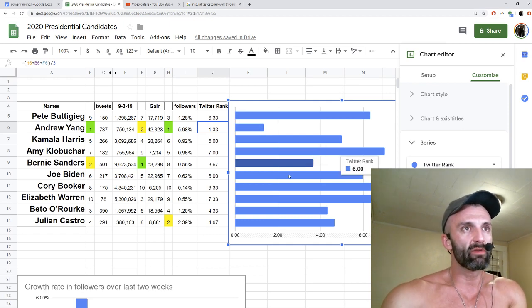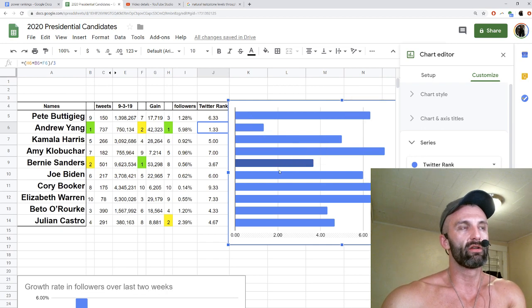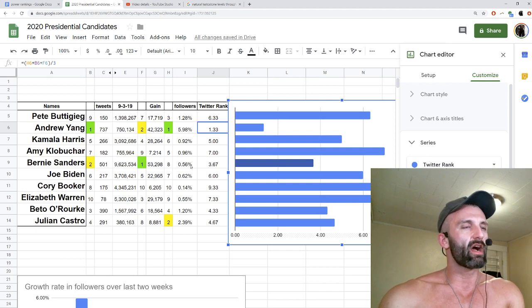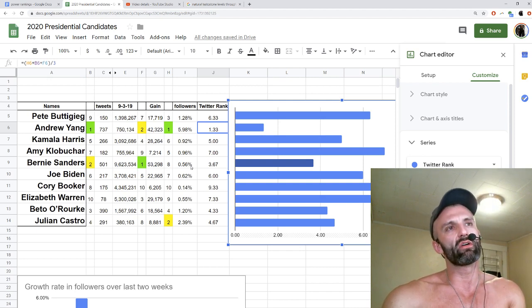But you see there's a big difference between these two. Even though Bernie Sanders comes in second in terms of total volume of output, in the total number of gains, he's #1. He was #2 in output, #1 in absolute gains, and #8 in terms of growth rate, which is interesting